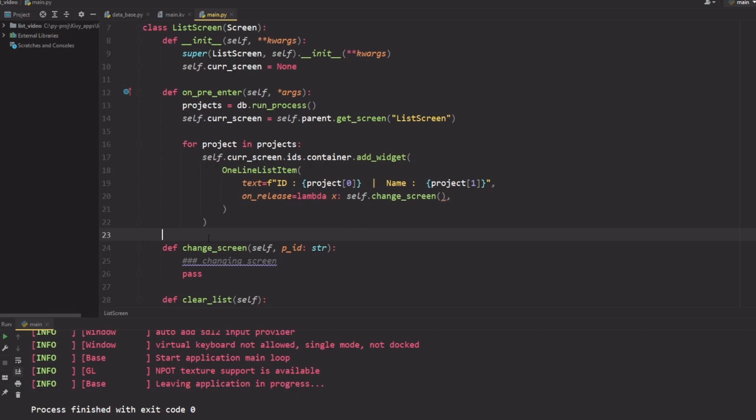So what's next for our change screen function? Well, we need the project ID. But how do I get that? Well, what you might want to do is use this variable here, project 0, and put it here and be like, well, this is how it's going to happen, right? I'm just going to change screen to the project of this one list item. The issue is that if I was to do this here, every single item in my recycle view would have the same ID as a reference, and it would be the last one,